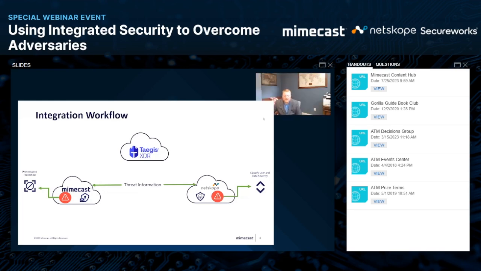Okay, so when you see there's two arrows if you have the magnifying glass here. Mimecast will share threats with the Cloud Threat Exchange, or the Cloud Threat Exchange can share threats from any of those other sources with Mimecast to take actions such as blocking and training and whatnot. So pretty powerful integration.